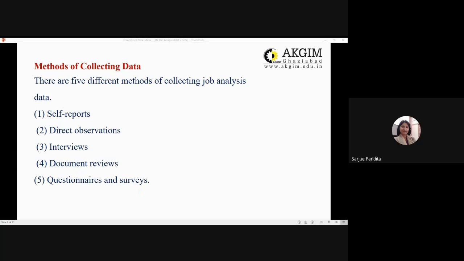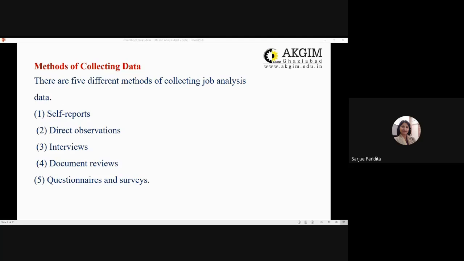So then we have document reviews. Document reviews again make a source of data for the job analysis, because the archives of most organizations contain a variety of documents that are full of useful information, which helps in conducting job analysis. These might include analysis of output, performance appraisals, reports by both internal auditors and external consultants, prior job descriptions, maybe customer complaint records, which are a very useful source about employee job behaviors that are of particular importance to customers. It could be internal memoranda about unusual events, difficulties encountered by the workers on a job, problems in recruiting applicants,